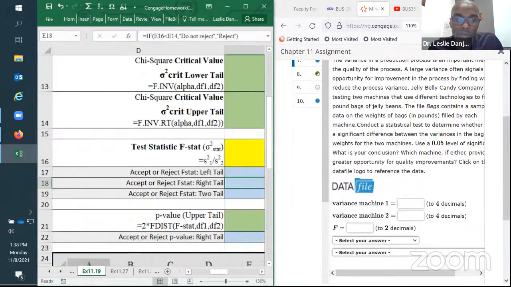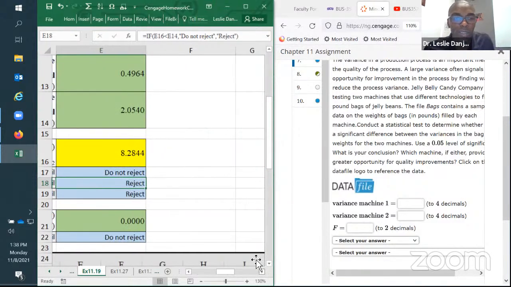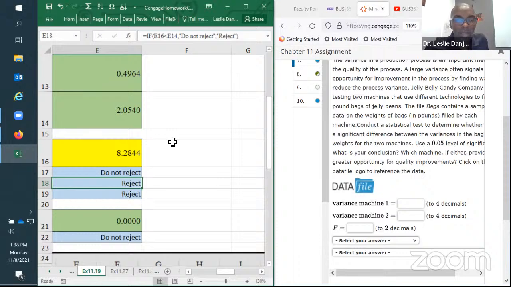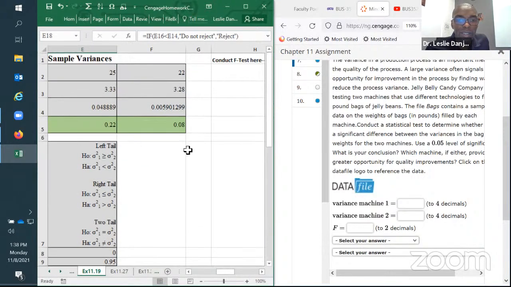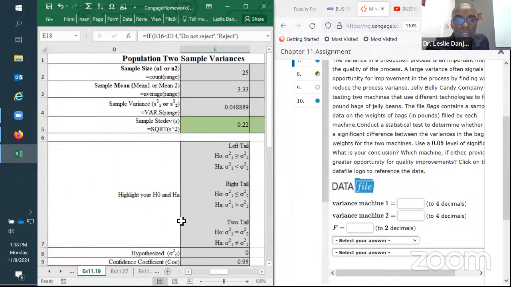So I'm just going to scroll over one more. Let me make this somewhat smaller so I can see it all. They're talking about what is the variance. What is the variance for machine 1? Variance for that first one, 4 decimal places,